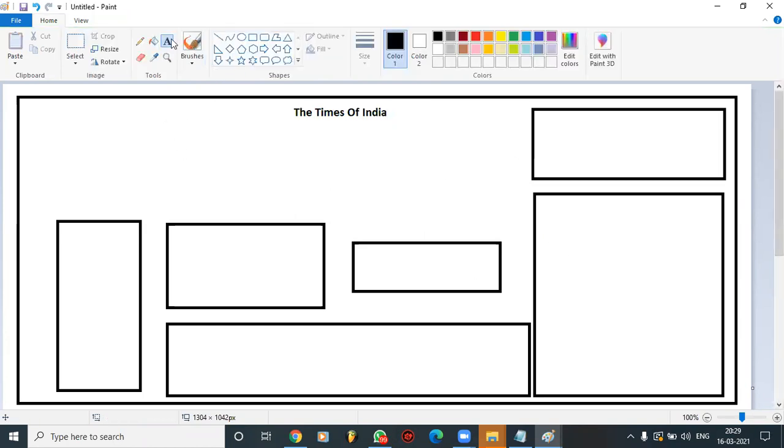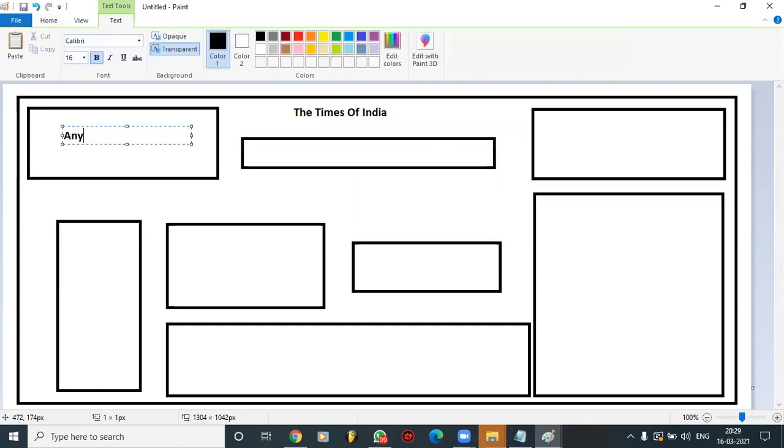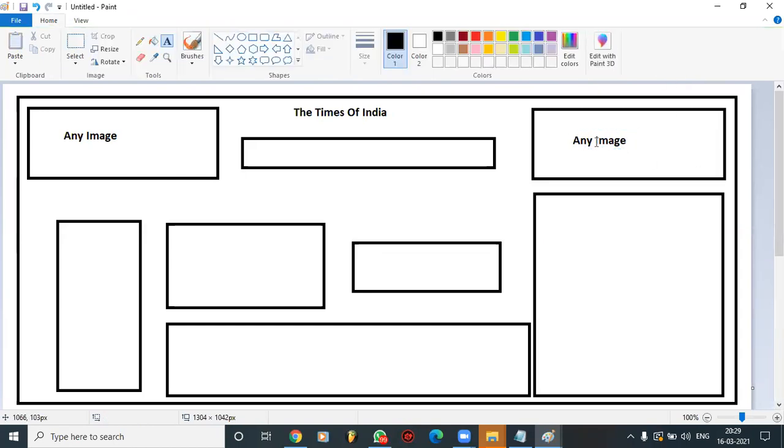And let's add more things. Any image, any image. You guys can add an advertisement over here in both the two columns, or let's say